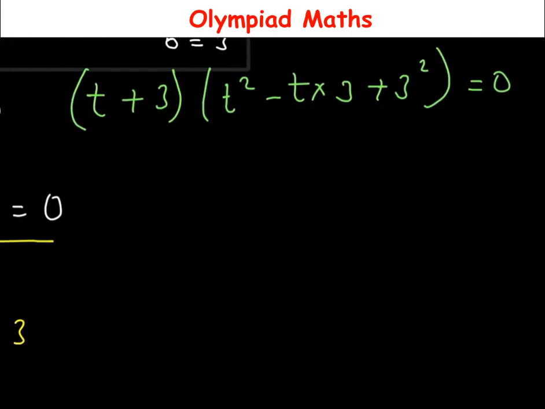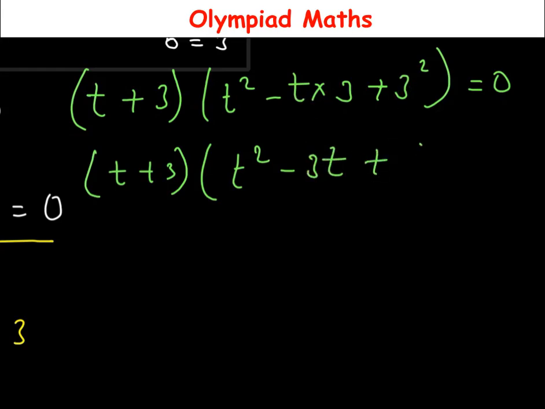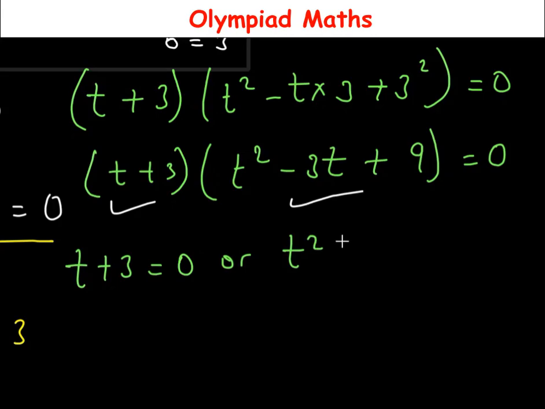And from here, in bracket t plus 3, all multiplied by t squared minus t times 3, 3t, plus 3 squared is 9, is all equal to 0. So with this, we can equate this to 0 and also equate this to 0. So from here, t plus 3 is equal to 0, or t squared minus 3t plus 9 is equal to 0. So for this first equation right here, which is t plus 3 equals 0,